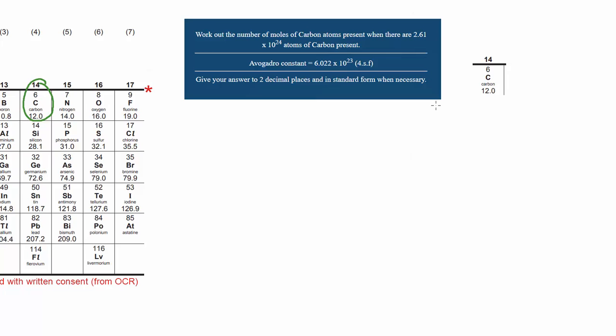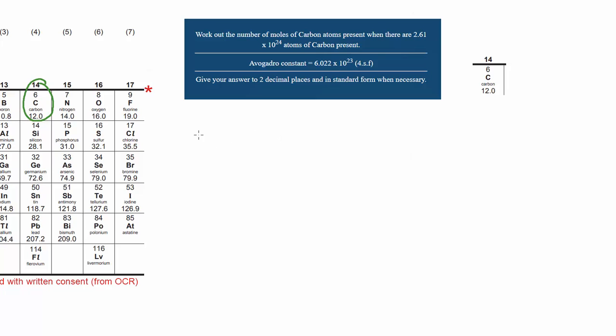In this specific case, because we've got the number of atoms in the question, rather than a carbon sample weighing a particular amount, actually, we don't need the periodic table to work it out. Because what we really need is the number of particles. In this case, the particle is atoms of carbon, and we have access to the Avogadro constant. So when we refer to the actual equation we would need in this case,